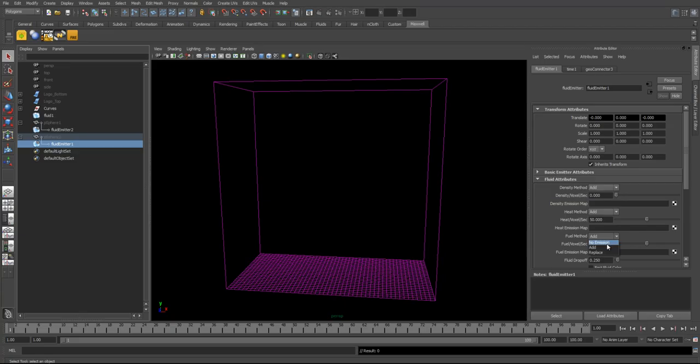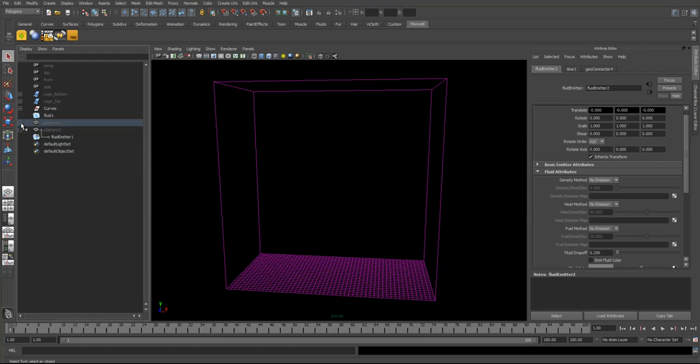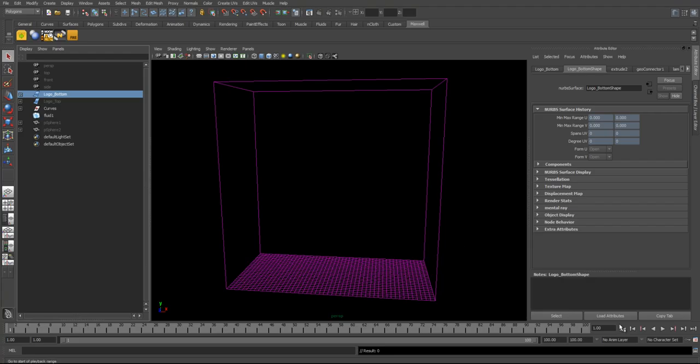I find it's easier when you've got lots of emitters in a scene. Sometimes it's easier to turn some off so you can actually get an idea of what each emitter is doing separately before you add another one. So at present we should just have these two emitters, and if I rewind and hit play, it looks like